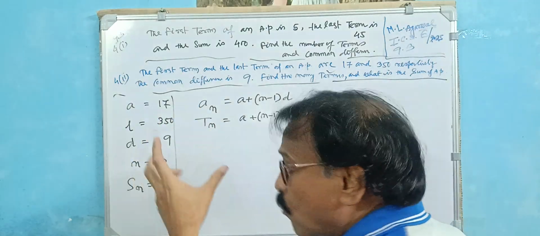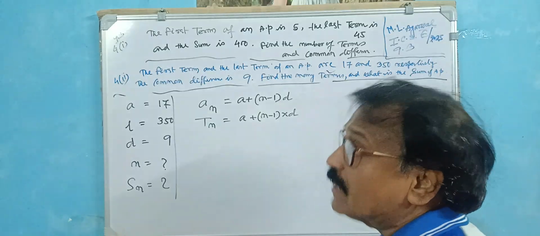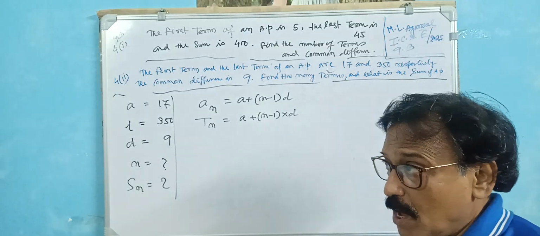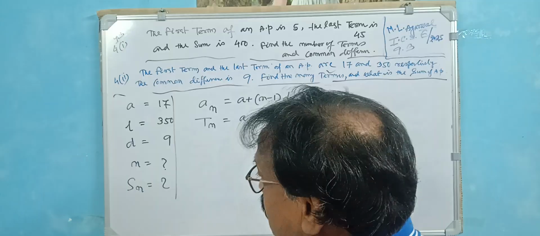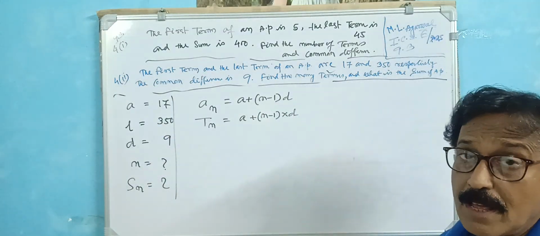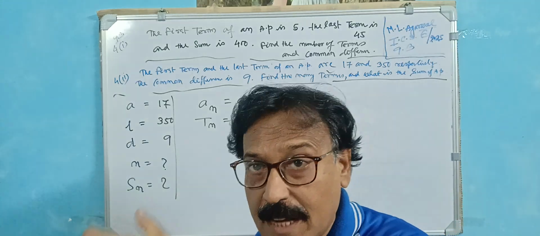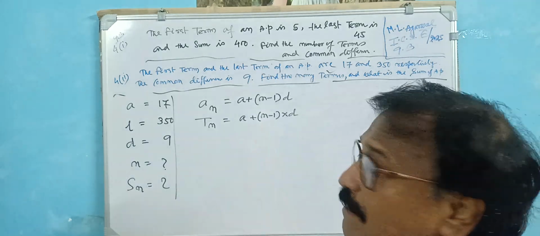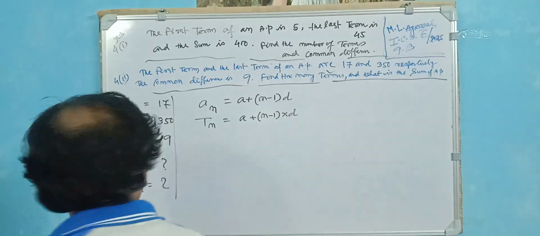But what is the number of the last term? Value of the last term, this is this. And what is the number of terms? What is the number of the last term? That is it. Okay. So now, suppose here